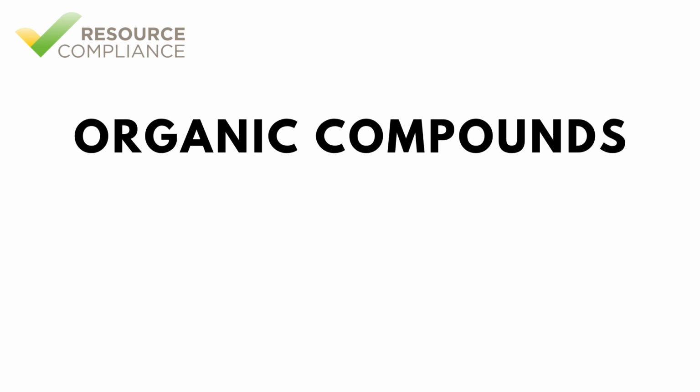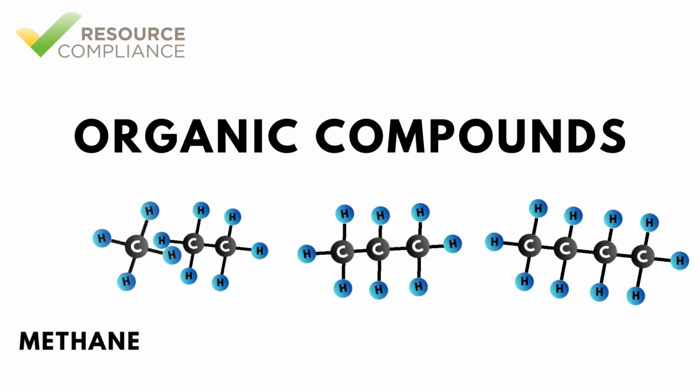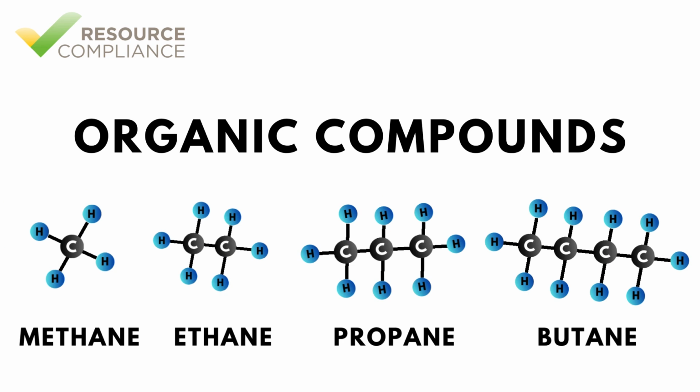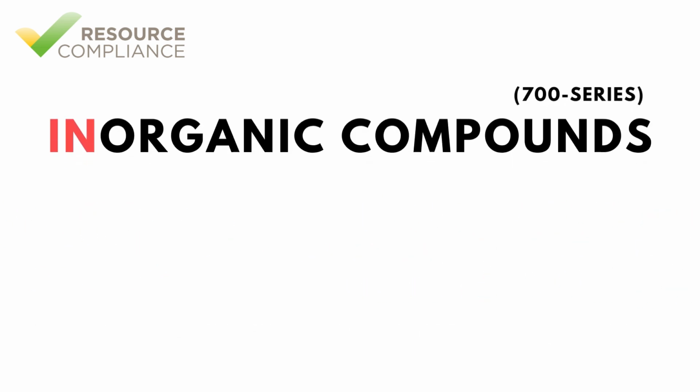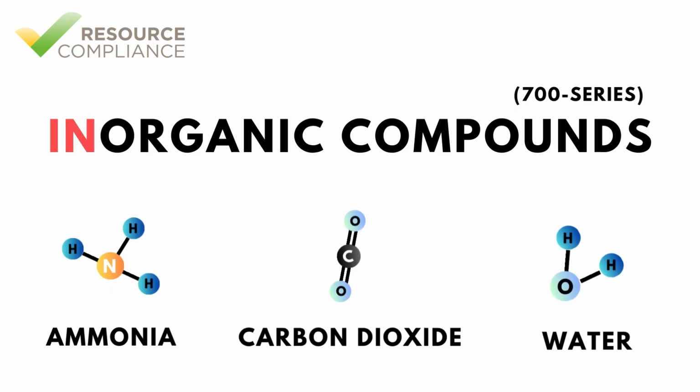What do the various refrigerant numbers mean? Believe it or not, there is a method to the madness. First of all, most refrigerants are organic compounds, which means they have one or more carbon-hydrogen or carbon-carbon bonds. The only series classified as inorganic, or lacking these bonds, is the 700 series, which includes ammonia, carbon dioxide, and